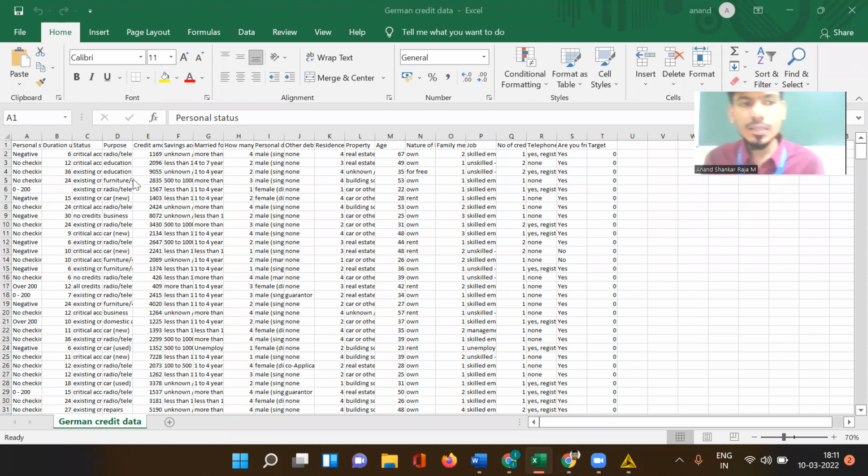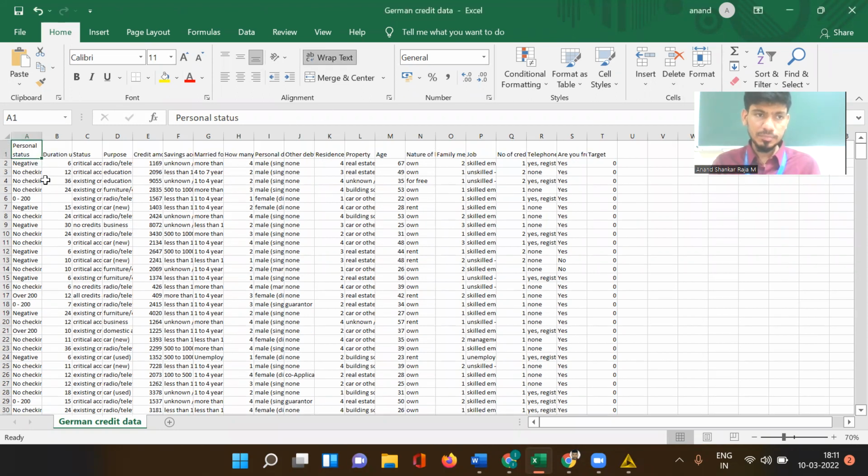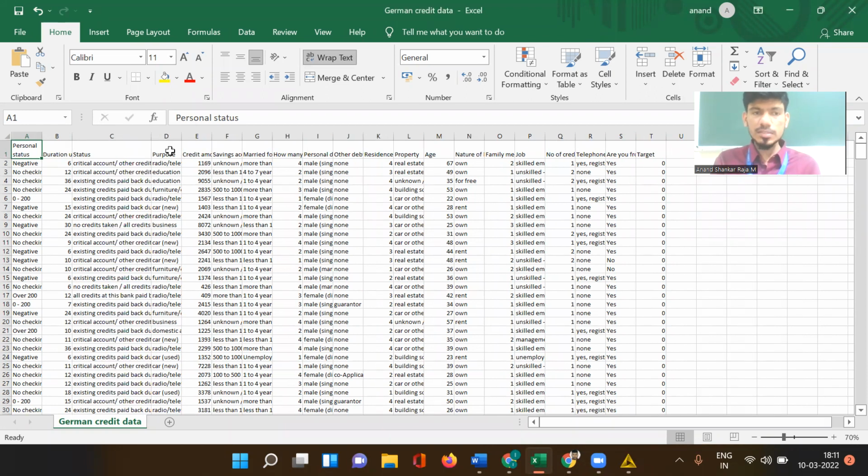And apparently I can see there are 500 rows and 20 column items. Now let us see what are all the different column items. We have personal status, duration, status of the credit, purpose, credit amount, savings, marital status, how many members are there in family, family personal details,